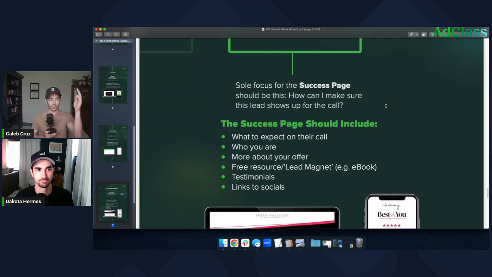Like this ebook that we're scrolling through right now. This is a really great thing to give away to people to provide more value to them, right? This is really helpful. This goes through every single step of the process. Can you create something, a resource, a document, a script, anything that you feel like the person that booked with